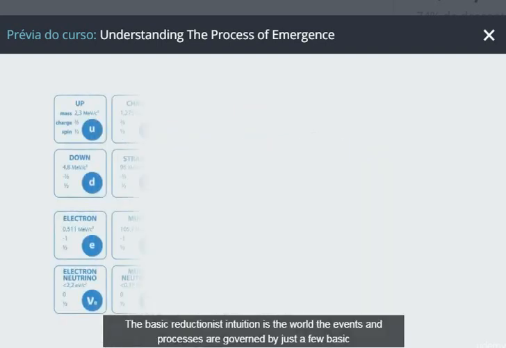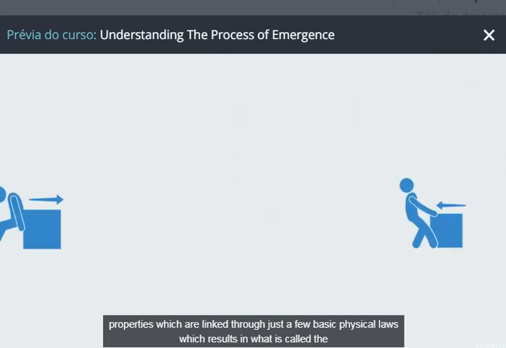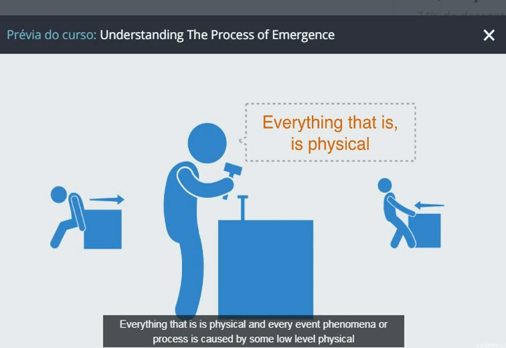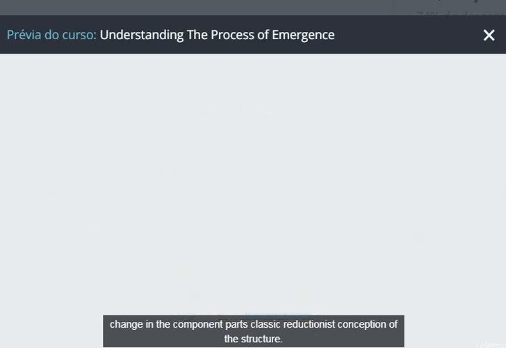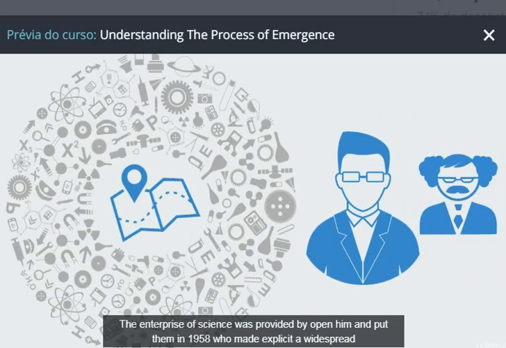The basic reductionist intuition is that worldly events and processes are governed by just a few basic properties, which are linked through just a few basic physical laws, which results in what is called the completeness of physics. Everything that is physical, and every event, phenomena, or process is caused by some low-level physical change in the component parts. The classical reductionist conception of the structure to the enterprise of science was provided by Oppenheim and Putnam in